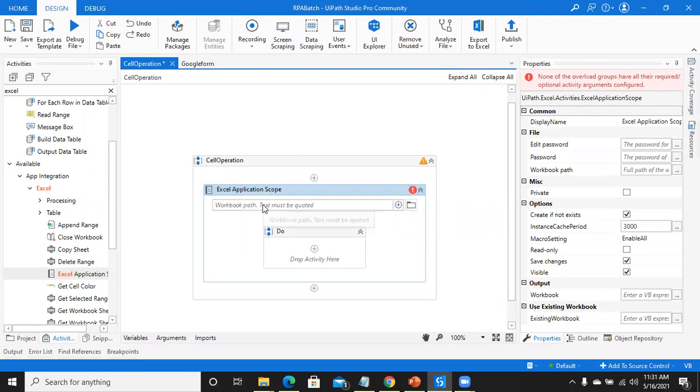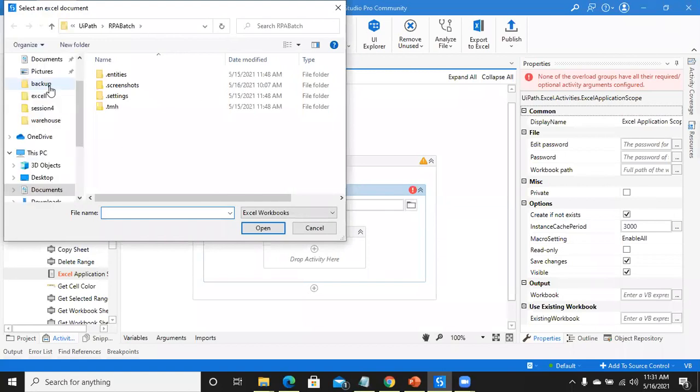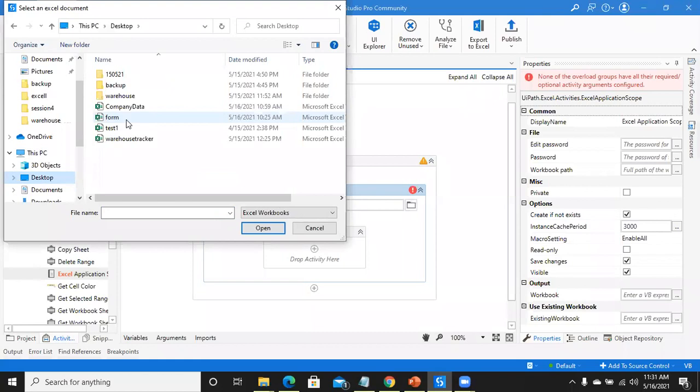So in Excel application scope, I want to give the path of the file I want to read. You can directly give the path by putting it in double quotes, or you have a second option: you can just click here, browse for file, and indicate the file available in whatever location. Let's say I have a file stored on the desktop.